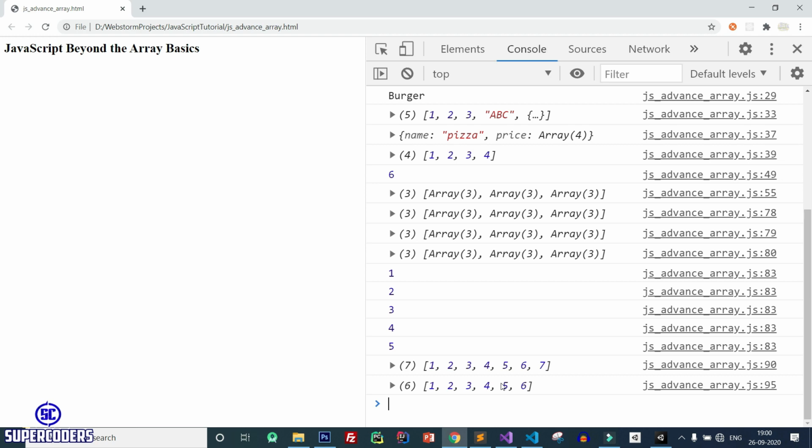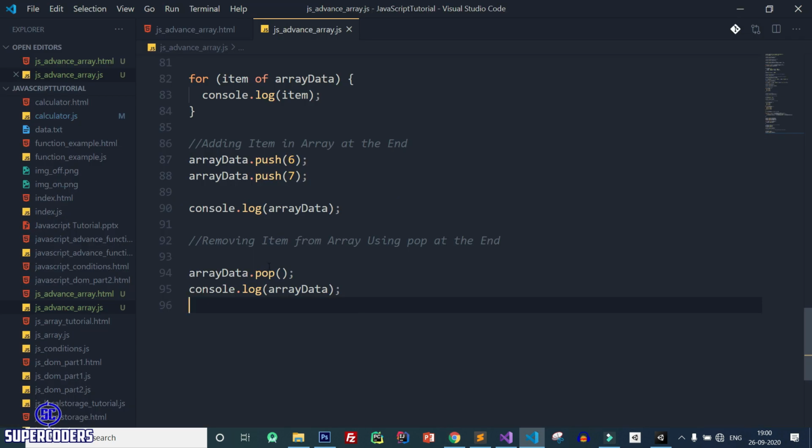Now let's see the next example, how you can add an item at the beginning of the array. So adding an item at the start position using the unshift method.